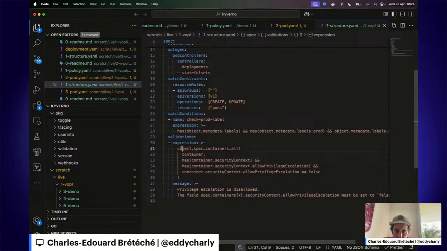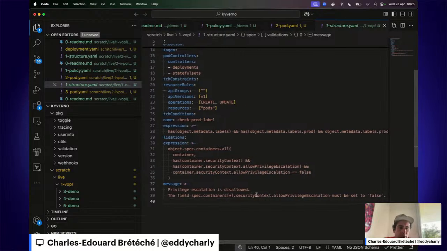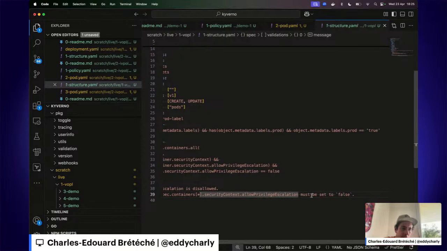So that's what we have here, the object.spec.containers.all. It will loop through all containers, and if a container has the security context configured and the security context's allowPrivilegeEscalation is set and is not equal to false, it will fail the policy with the message: privilege escalation is disallowed, and the field spec.containers.securityContext.allowPrivilegeEscalation must be set to false.